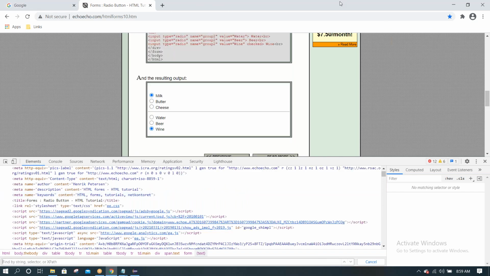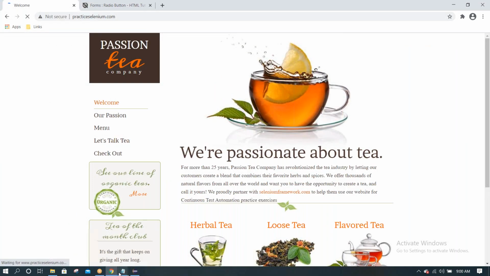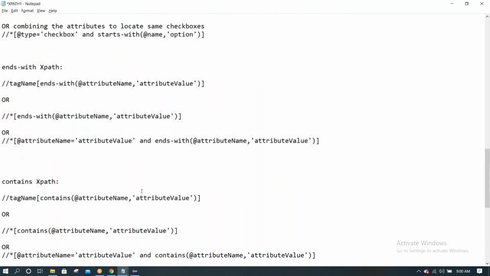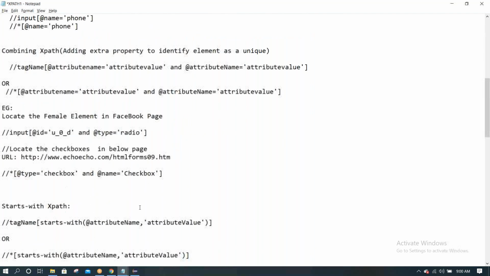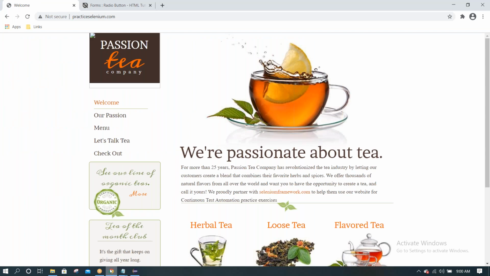There would be another XPath, and then a child tag we can give to identify that element. So here this text is there.